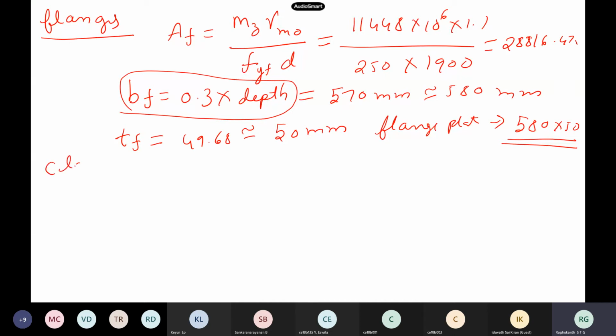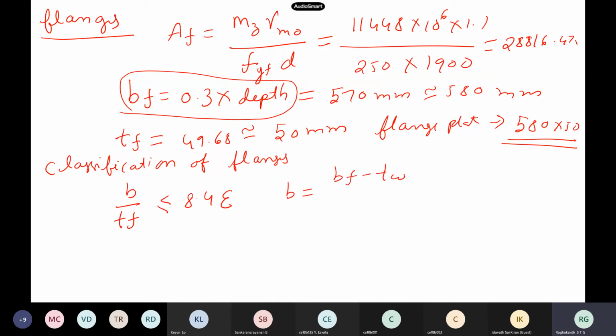But now if you do the classification of the flanges, this is also an important step actually. So B by TF should be less than 8.4 times epsilon. The outstanding width you take is breadth of the flange minus TW by 2.